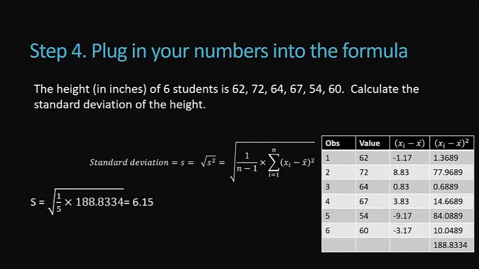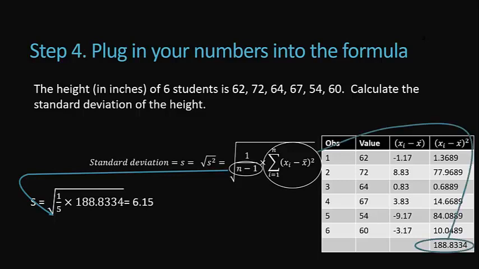Once you have that number, 188.8334, the last step is to plug your numbers into the formula. You know what n is, so n minus 1 is 5, and that goes here. So s equals the square root of 1 over 5 multiplied by this sum that we calculated to be